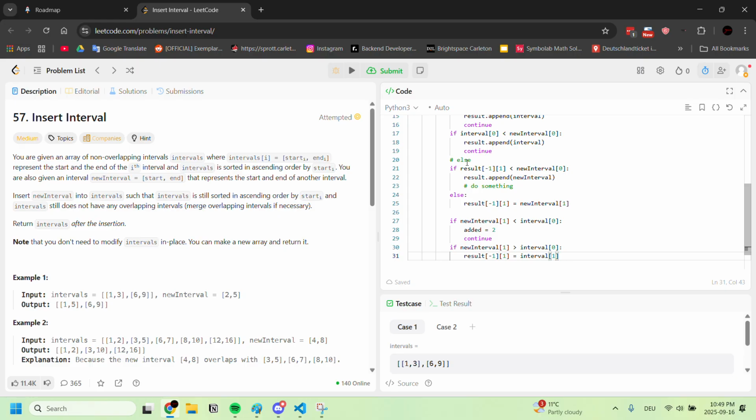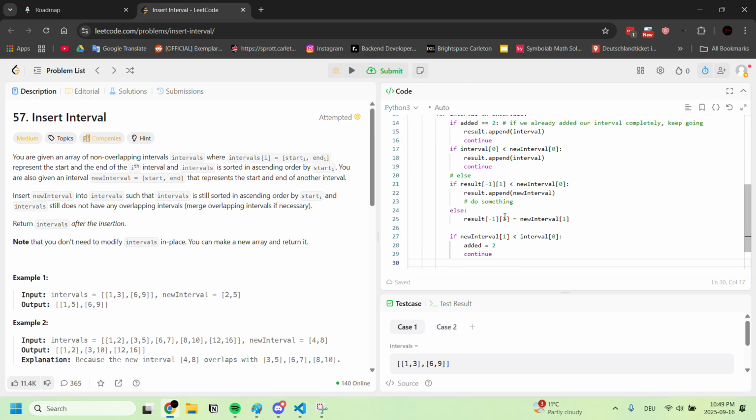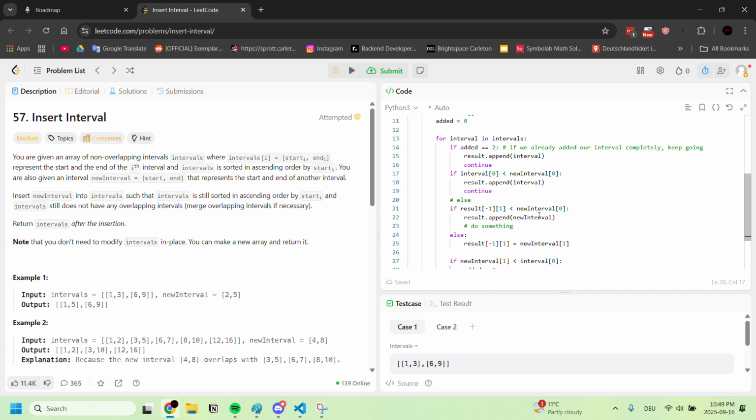Okay. And then we say added equals 1. Okay, it is a lot to keep track of. So the simplest one is just, if added equals 2, then we just append interval. And if